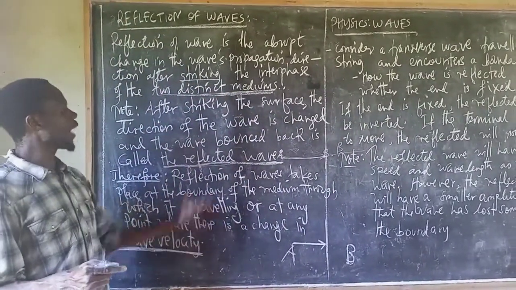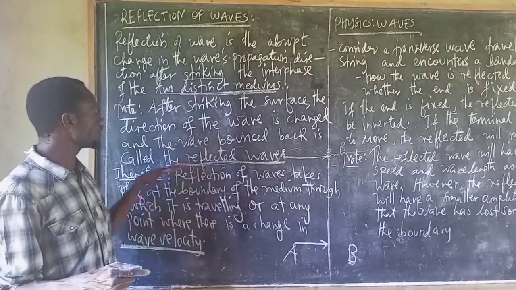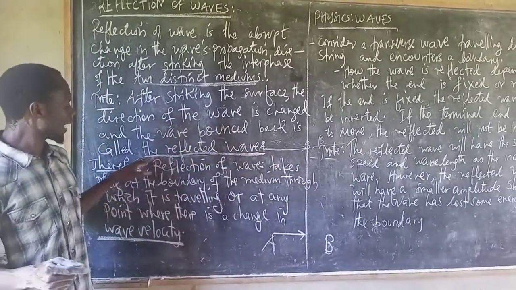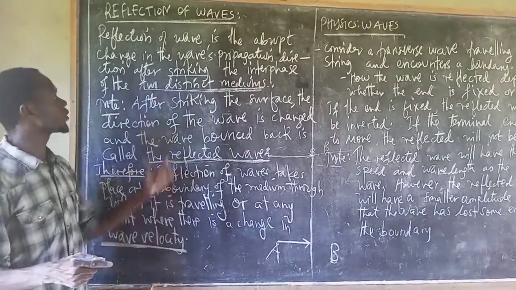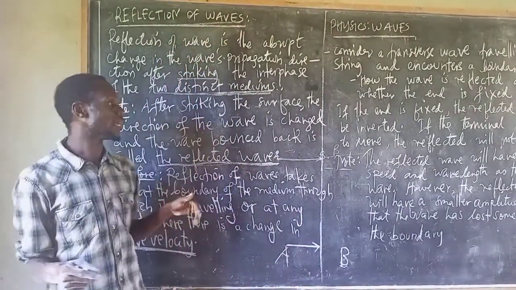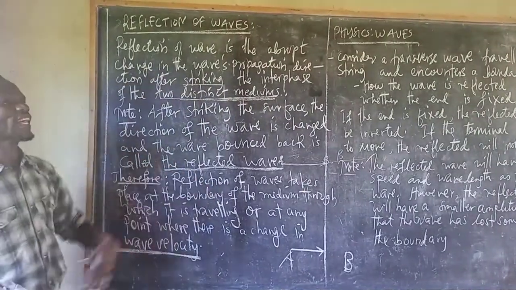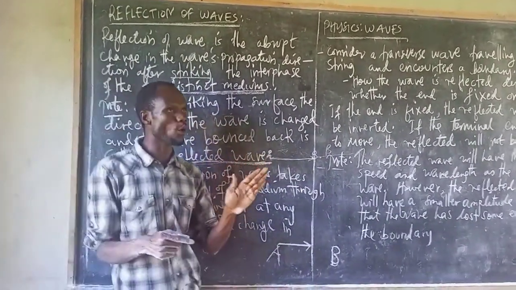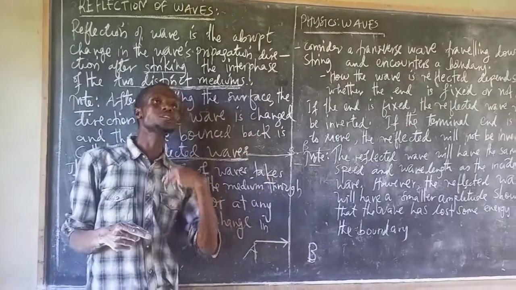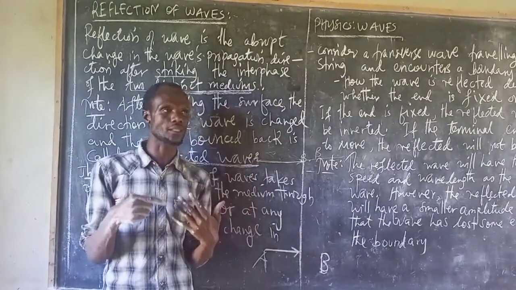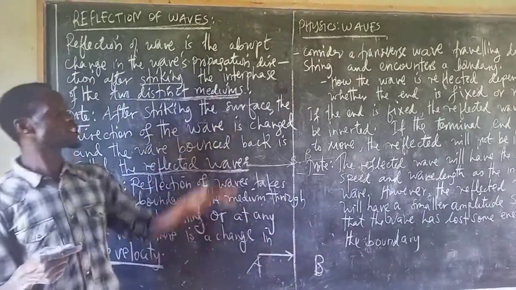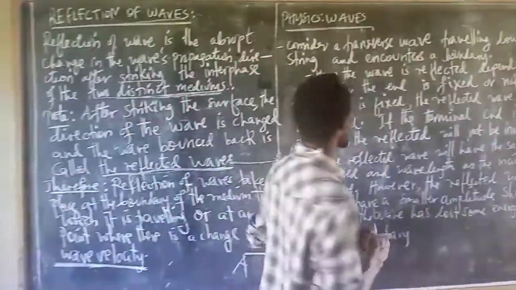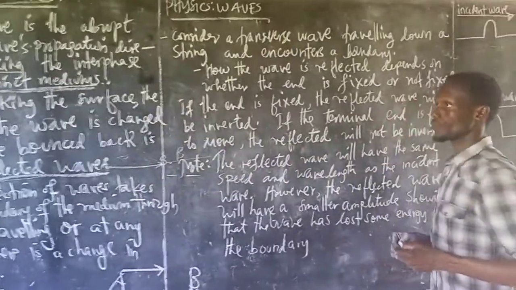And also, even if they are just traveling in the same medium, but there is a change in velocity, refraction of waves may also happen. This is very important. The same applies to the refraction of light. It is only possible if it meets a shiny object, that is a different medium from the one it was coming from. Now consider a transverse wave.